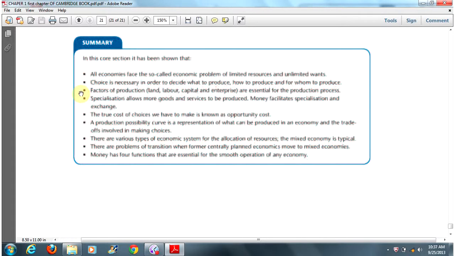The true cost of choices we have to make is known as opportunity cost. A production possibilities curve is a representation of what can be produced in an economy and the trade-offs involved in making choices. There are various types of economic systems for the allocation of resources. The mixed economy is typical. There are problems of transition when former centrally planned economies move to mixed economies. Money has four functions that are essential to the smooth operation of